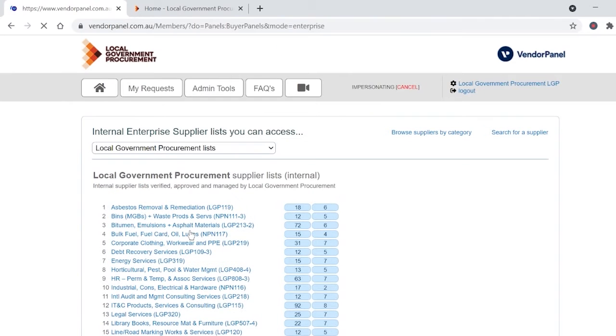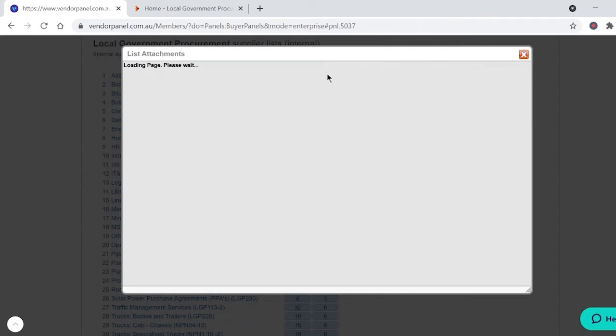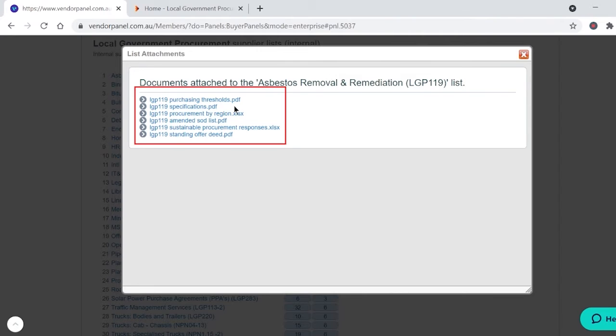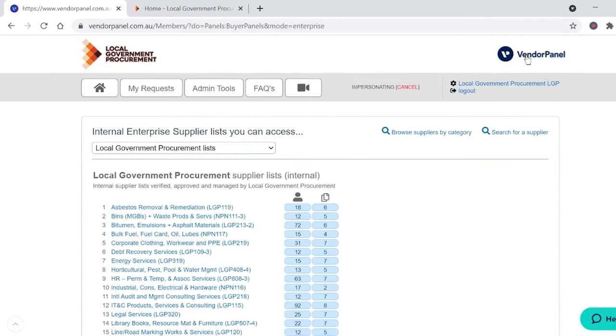You will then see the full list of LGP panels along with two corresponding columns. The first column will display the list of total active suppliers underneath the panel, and the second column will provide the associated contract documents. This can include the quotation templates, specifications, the standing offer deed, and purchasing thresholds. Locating the document that you're after, selecting it, which will download it to your PC or Mac as a PDF